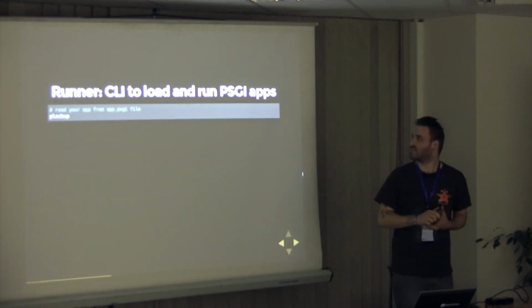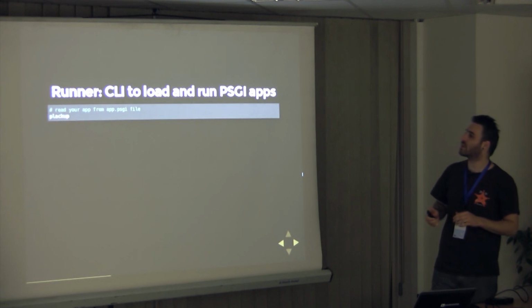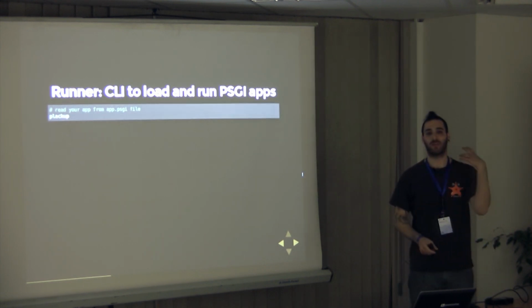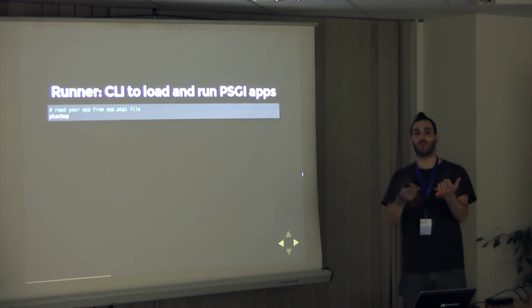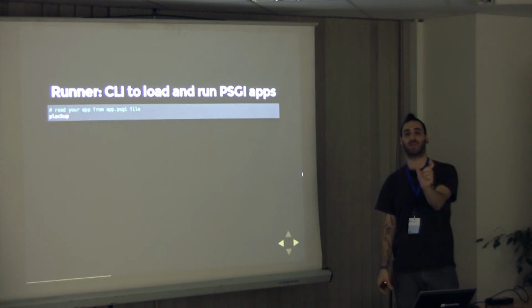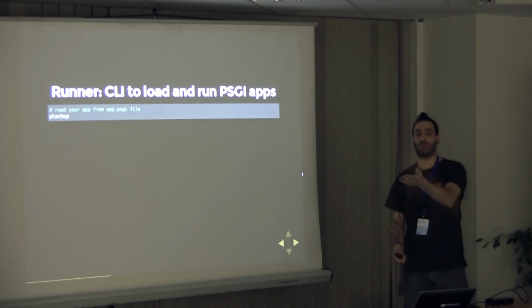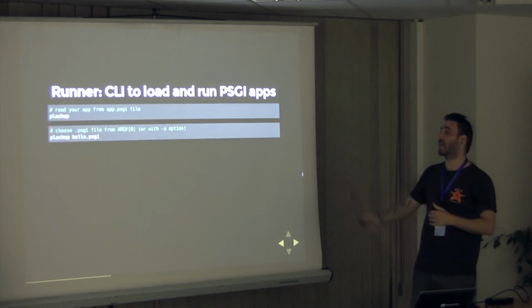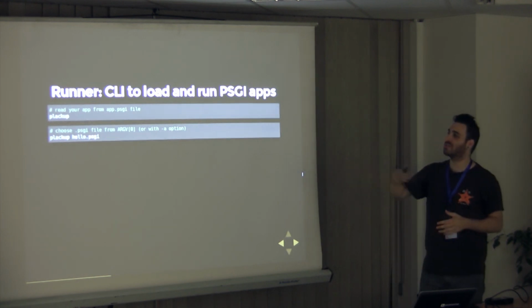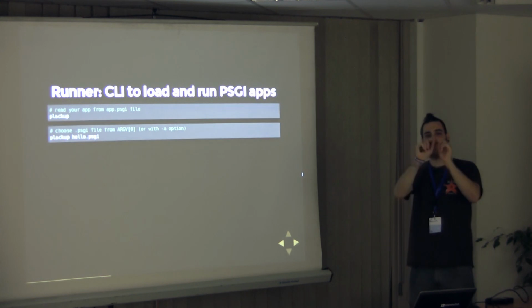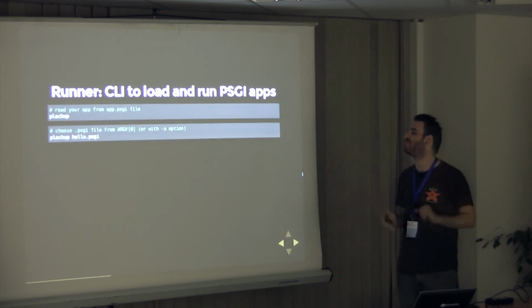The CLI, just a few examples. The command line that comes with it, the Plack runner, is plackup. Plackup basically says, give me a file. I will run that file. It will return this nice PSGI application in a code reference, in a subroutine, and I will run every request on it. So plackup on a specific file. The .psgi is just a common extension. It's actually a Perl file that is supposed to have my $app = sub.